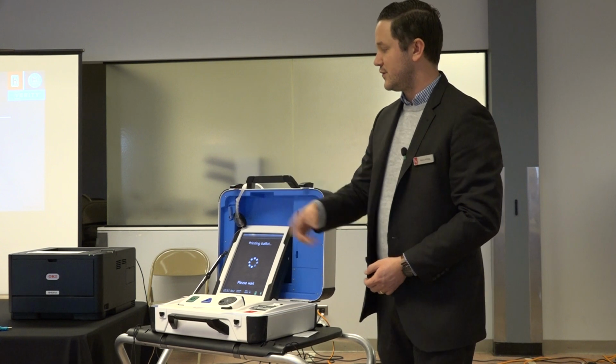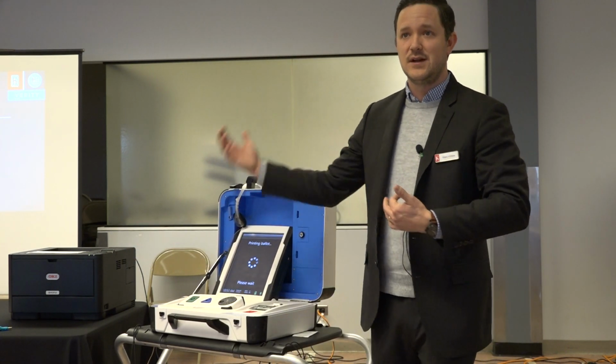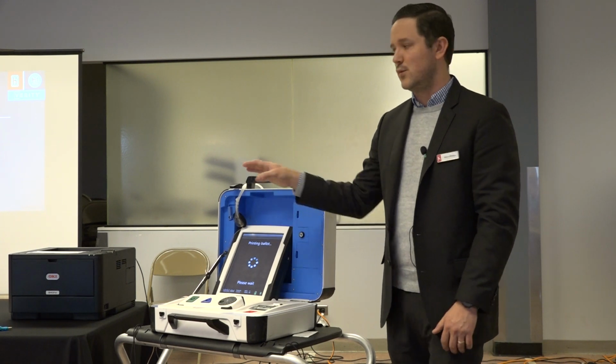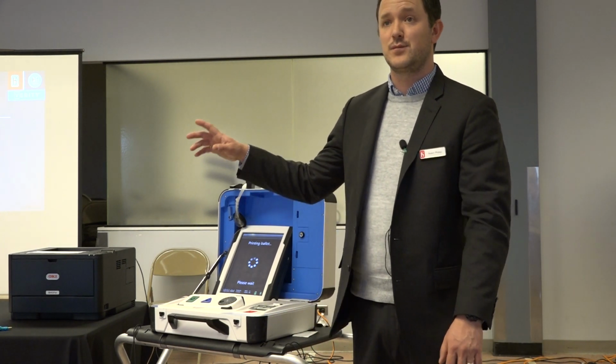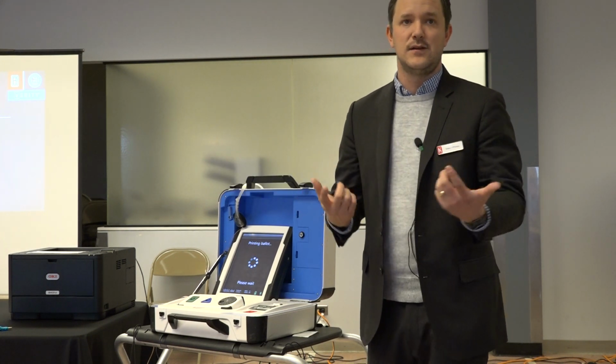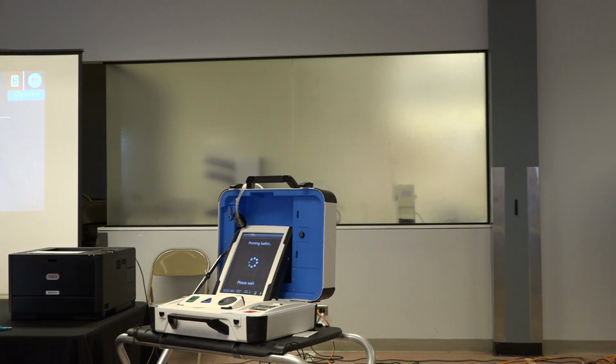So the printer has been sitting there for a little bit, and that's honestly going to be the case because you're probably not going to have just a lot of people using the ADA. So it will take it a few seconds to warm up. But if you were using this printer as a printer on demand, it only takes about 15, 20 seconds to print it out. Any questions about this process? Anything that I left off as far as voter